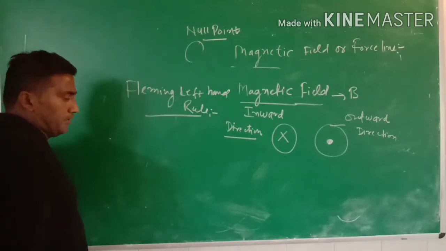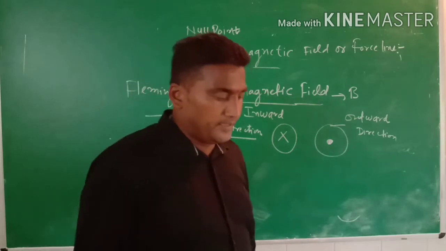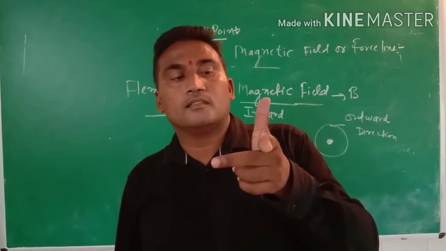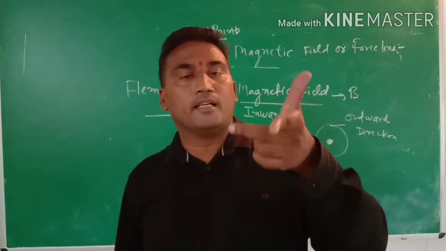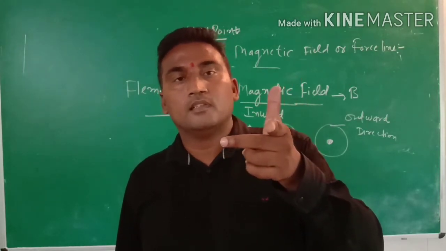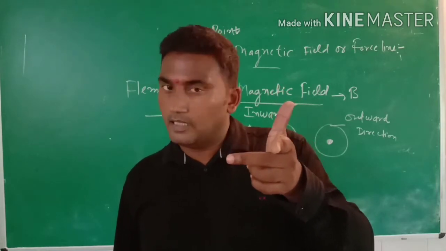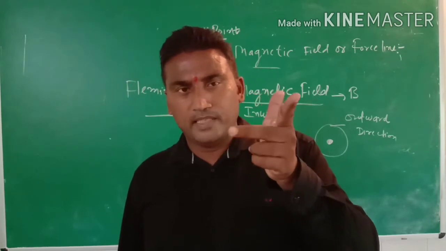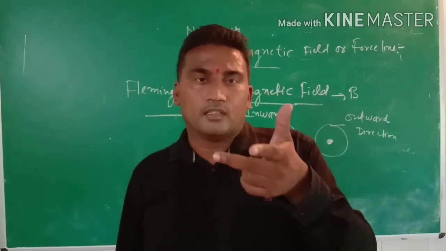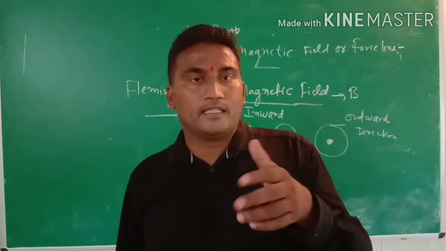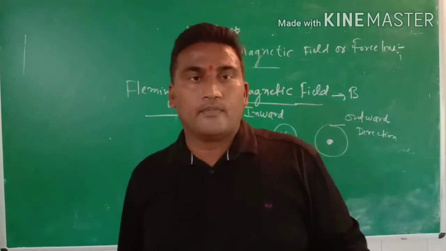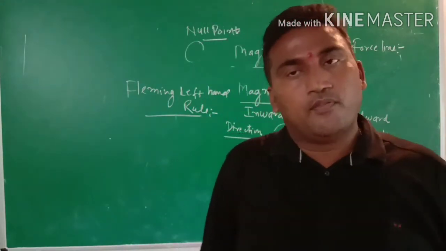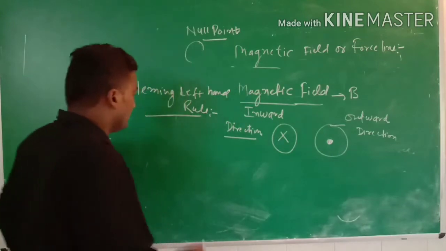What is Fleming's left hand rule? It is generally represented by the left hand. When we stretch the fingers of the left hand, the direction of force is represented by the thumb, the forefinger shows the direction of the magnetic field, and the middle finger shows the direction of current. A solenoid behaves according to the Fleming left hand rule, and the directions F, B, I form a 90 degree angle to each other.